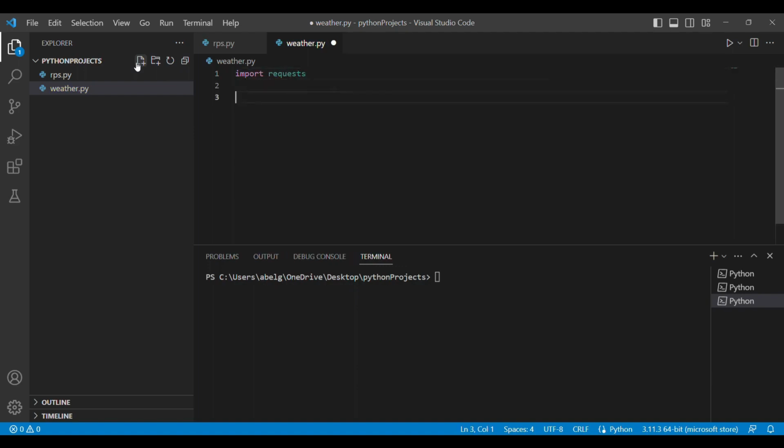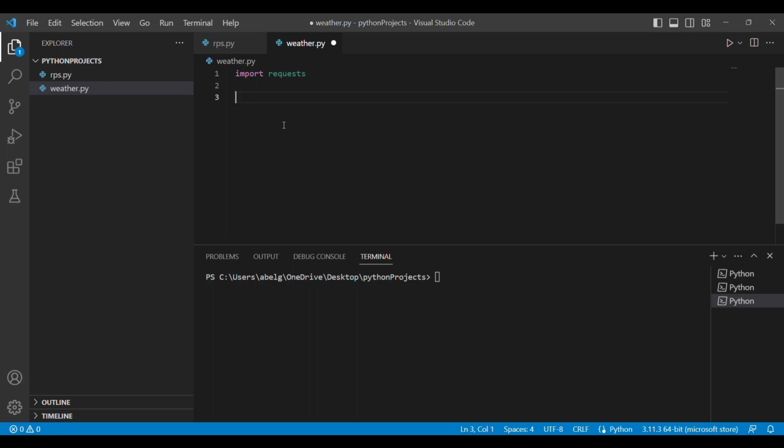So what is our plan here? In order to build our weather application, we need to get the weather from somewhere. So we're going to be getting it from an API, a weather API to be specific, which we'll be looking at where to get it. And our program is going to ask the user to input a city, and using that city as an input, it's going to display the temperature, and it's also going to display the weather in that given city.